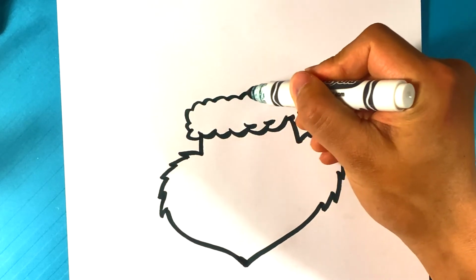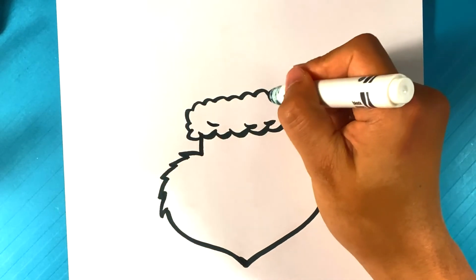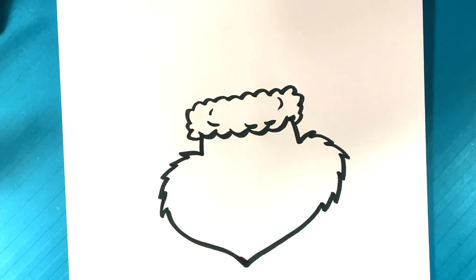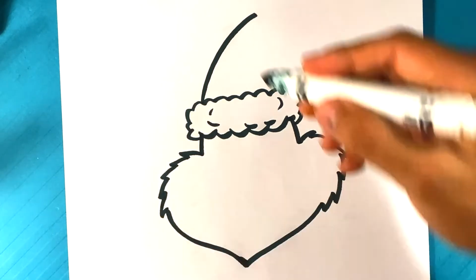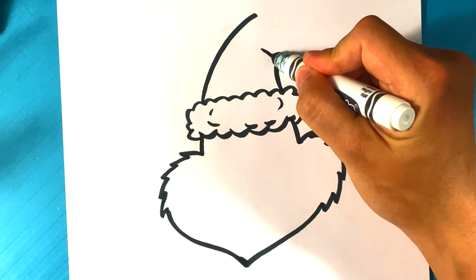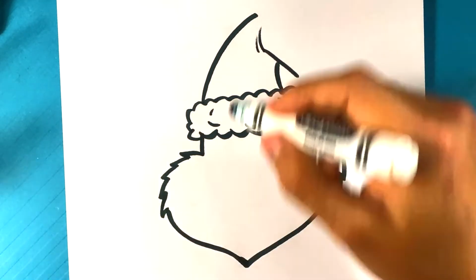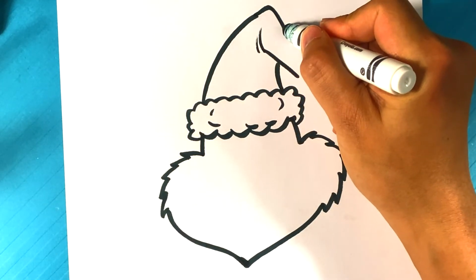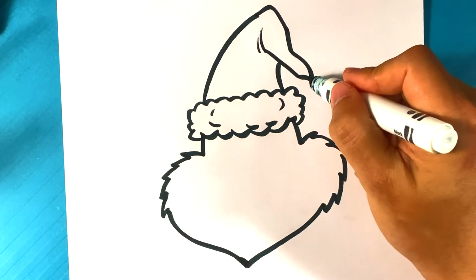Same thing at the top. Obviously, the brim of a Christmas hat is very rectangular, and that's kind of what it is really. Curved line here, just to make it look like it's a cloud or something. Go over here on this side, pull up over here for one side of the hat. Go over here on this side, pulling in. Line over here, pulling down to the edge of that hat. Go over here,